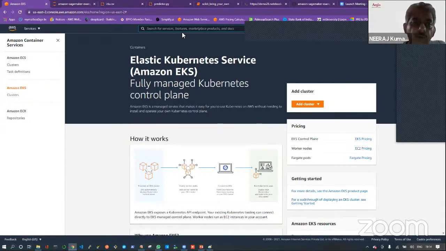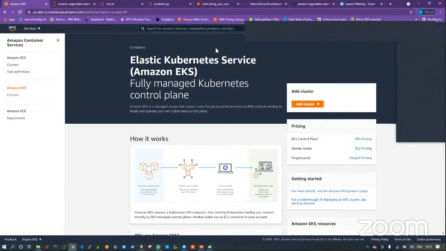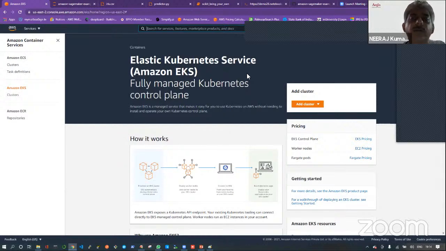So AWS provides this Kubernetes, and all your containers can now be managed in Kubernetes. Kubernetes is supported by which company? Google. Google has given this open source. In Google data centers, millions of containers or microservices are running, all under Kubernetes clusters.